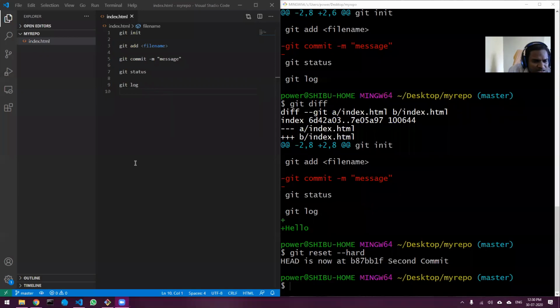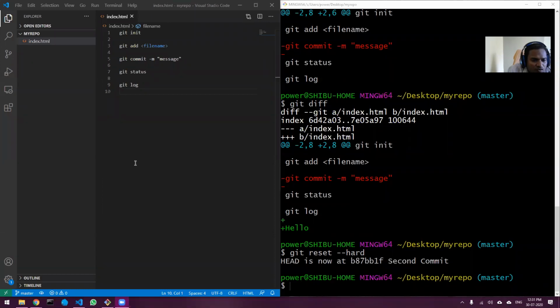Hussein Painter is asking, sir, what if we want to undo only one change? That we will cover. Those are advanced topics. First, let us cover the basics, and next week we will see in detail about each and every one. In fact, git diff is not that simple. There are a lot of other flags that we can add. Every command has additional uses, right? So we will see that once you know the basics.